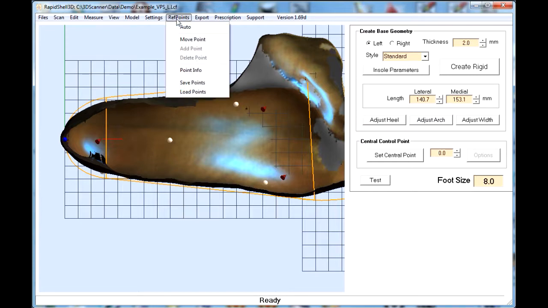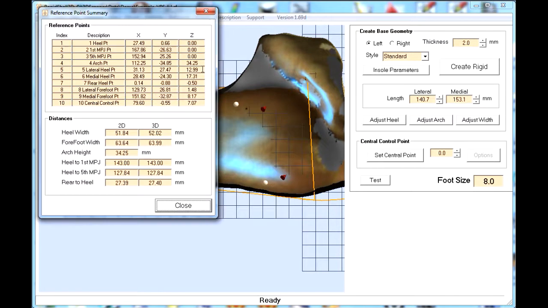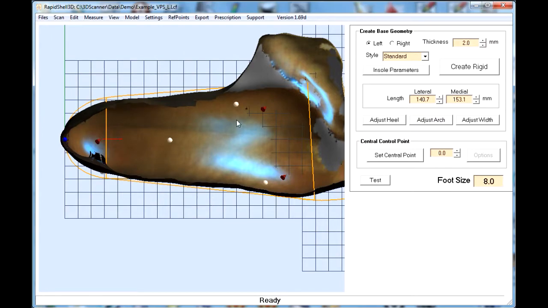We have a ref points display. We would typically check the point information. This tells us the coordinates of all the reference points and some key dimensions. If we want to move one of these points,